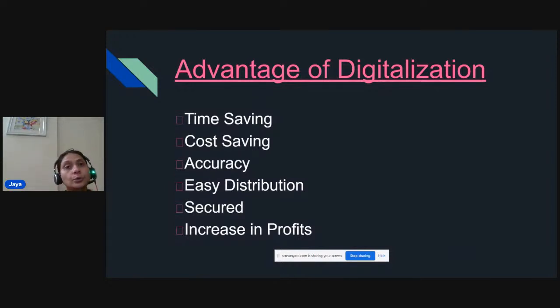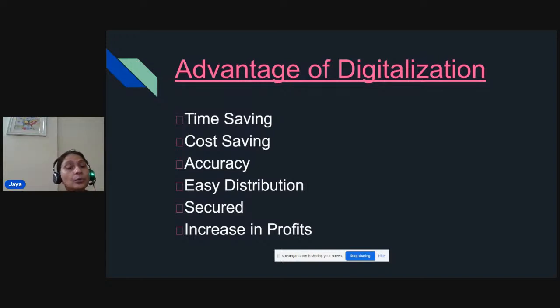In the session, you came to know about the scenario, and about the methods of digital tools. What is the difference between the digital method and the traditional method? Then you came to know about the definition of digitalization, then the importance, then examples. Now we have come to the last phase of this particular session on digitalization.